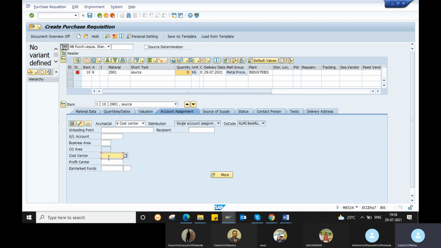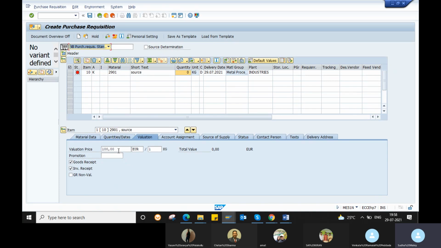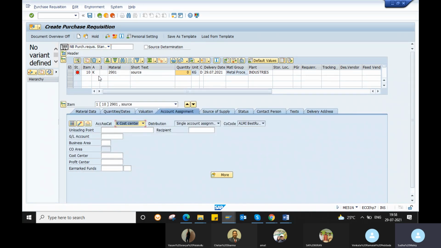Here the cost center is also one of the organizational units. It is not our organization unit, it is the FI organization unit. It will capture whatever amount you are storing in the valuation tab, so it will capture your price. There is no need of an accounting document, no need of a GL account, and no updating of an accounting document. Whenever there are price changes, this cost center will take care. That is about the account assignment category.